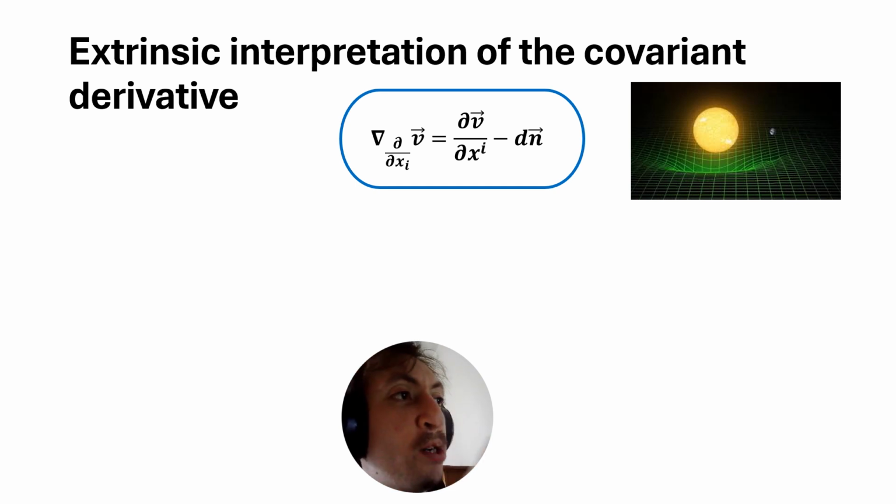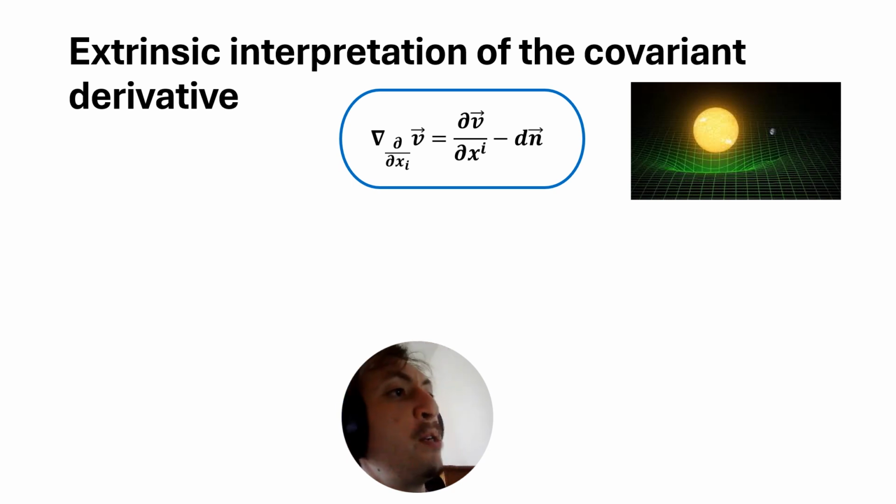And then if we wanted to see how the components on the manifold of our vector are changing, we just subtract how the vector is changing in the normal direction from the overall change. And this will just give us our covariant derivative, so how much the vector has changed relative to the manifold